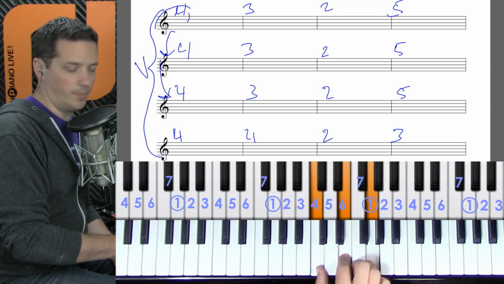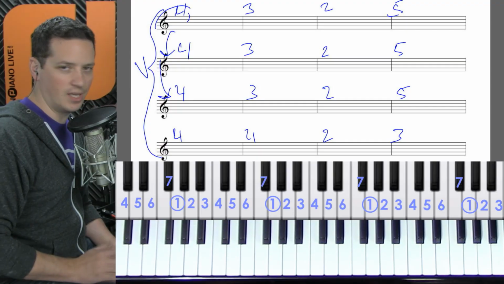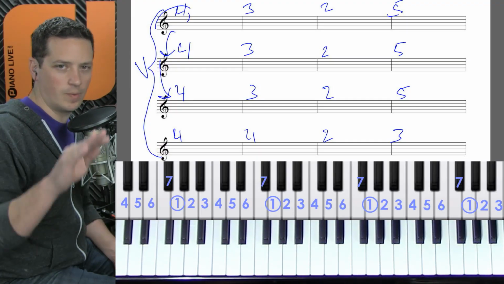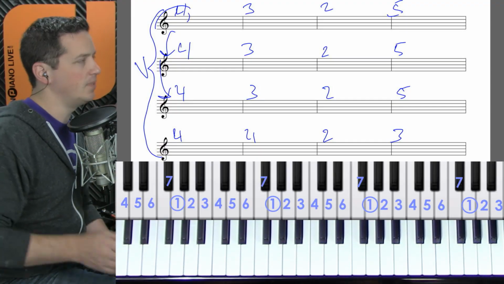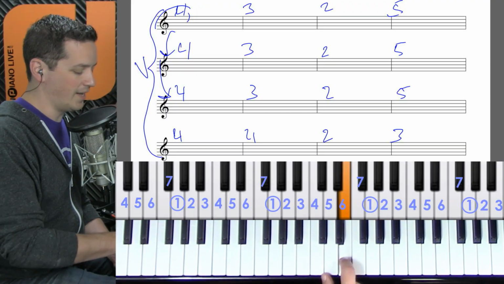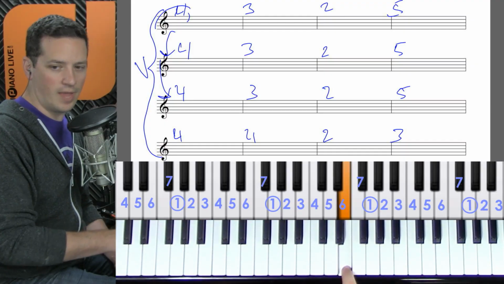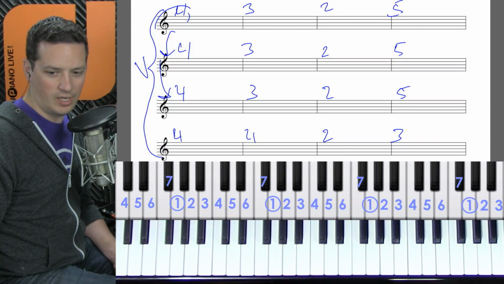So if possible, and for a lot of you, you don't have to pay any attention to this at all, because if you just try to sing a melody, your ear's naturally going to do this anyway. It's going to pick notes that are inside of the chord that's going on. So it takes a lot of self-control to stay on that note during that section, because naturally my ear wants to go